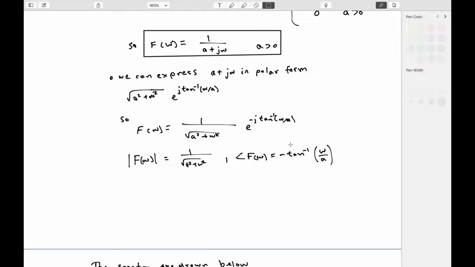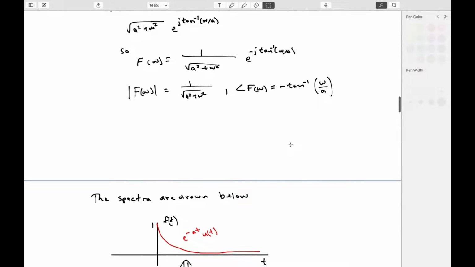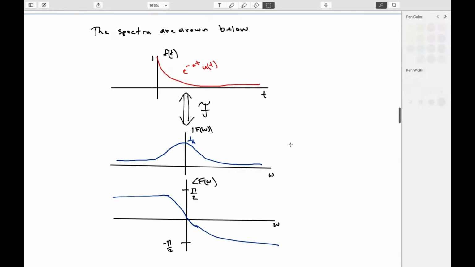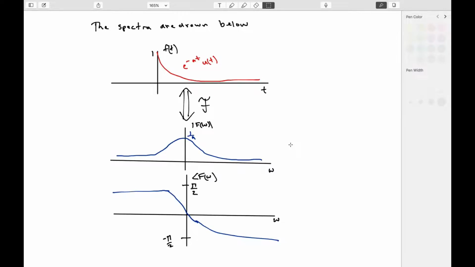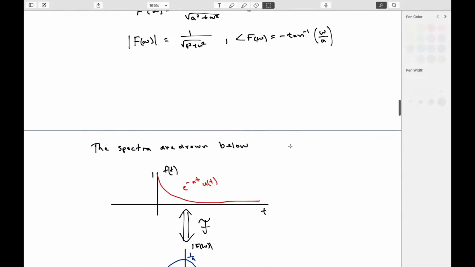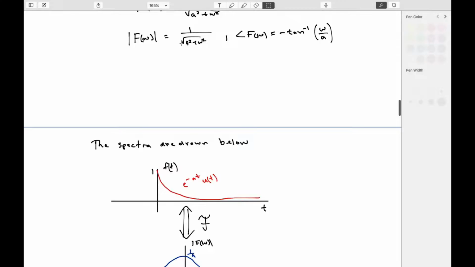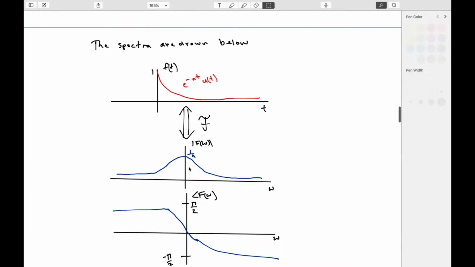Now, I'm not going to be too specific on how I get this, but I want to show you what the spectra are going to look like. So you start with f of t, e to the minus at u of t, drawn in red at the top, and then through the Fourier transform, what I get is the magnitude of F of omega, which you can see above, comes from here, and it's going to have sort of a Gaussian shape,